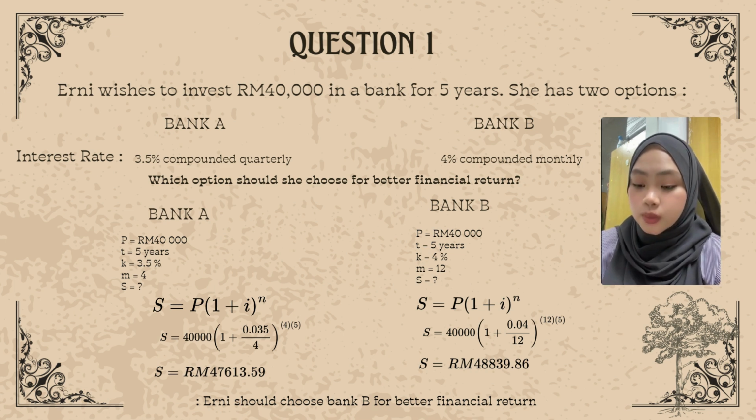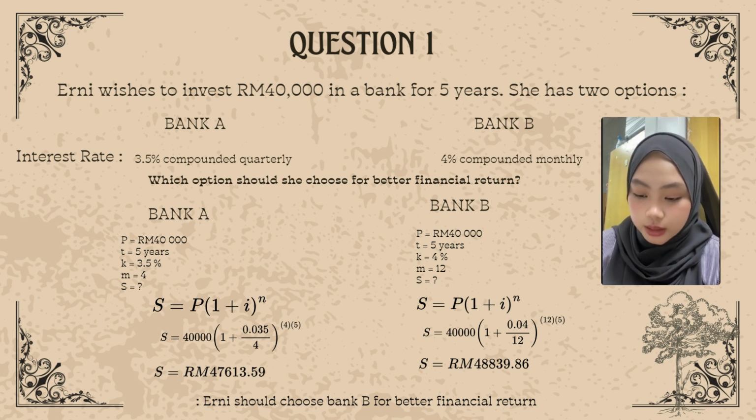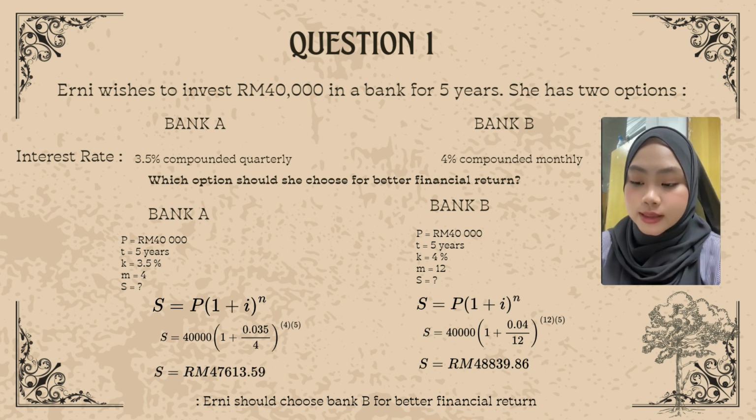First, find the interest per period by dividing 0.035 by 4, and then we calculate the total number of compounding periods by multiplying 4 by 5, giving us 20 periods. After substituting these values into the formula, the final amount for Bank A becomes Ringgit Malaysia 47,613 and 59 cents. Okay, next we examine Bank B, which also starts with a principal of Ringgit Malaysia 40,000, but